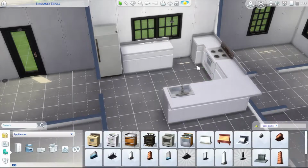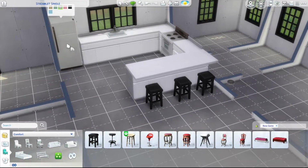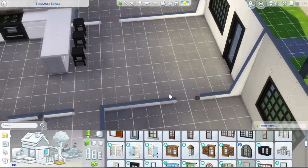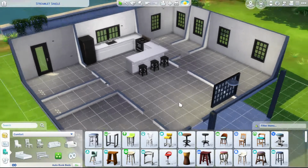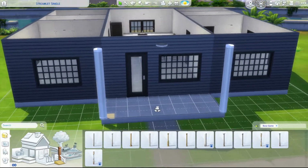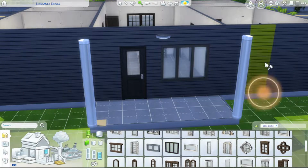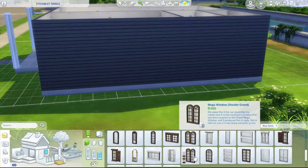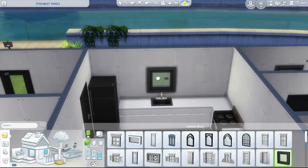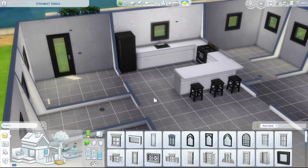And so I was putting in whatever I wanted, whatever I could, like expansion pack stuff, basically, is what I'm trying to say. And then it was about here that I was looking around and going, maybe I actually want this to be a base game house. Maybe I won't be able to make it a starter house, but maybe I'll be able to make it a base game only house so more people can download it and use it. And as you're seeing, I am changing things out. I did eventually get rid of the kitchen island, and obviously you just saw me change out the front door. I almost said kitchen door. The front door to a slightly cheaper door. I was trying to keep it as cheap as possible, to come in as close to a starter house as possible, but